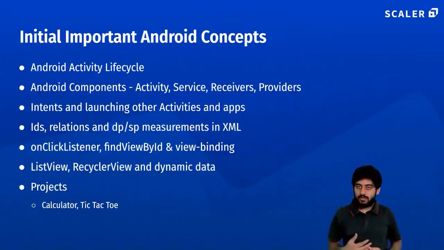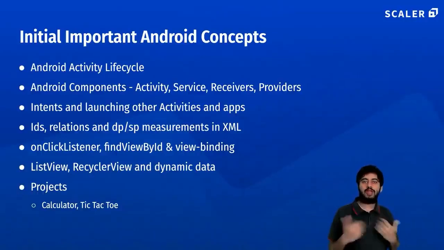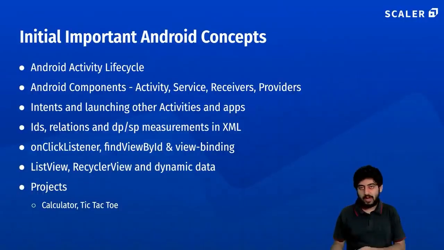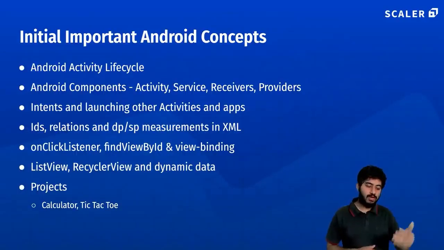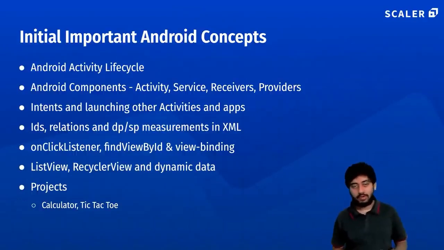It's coming from the API. It's not hard coded inside the app. They're making an API call, downloading that data, and showing it on the screen. So how do you show a list of dynamic data? That's very core to understanding how Android apps are supposed to work. And these are things which are kind of a very prerequisite level of Android development needed by everybody to learn. And at this point, you can make a few projects, like you can make a calculator app, or you can make a tic-tac-toe game. These kind of things I would suggest as projects that you can build at this stage, which gives you the level of confidence that you are able to actually make Android apps. Okay.